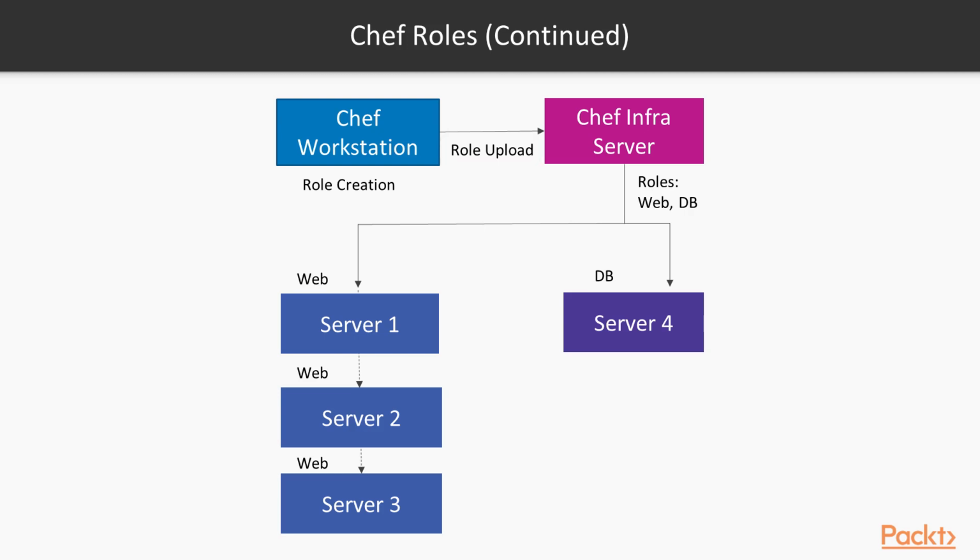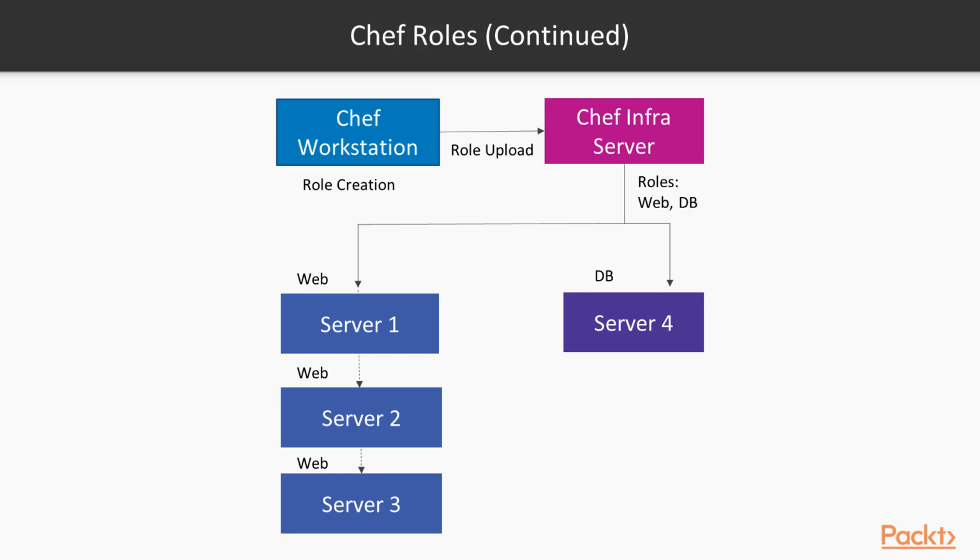Here, for example, I create 2 roles called web and DB, and I assign the run list of cookbooks and recipes on the role level. When Chef client run execution happens, because I have tagged server 1, server 2, server 3 as role web, it would execute Apache and apt cookbooks on each of the servers because of the role assignment. And if I have another server marked as DB, server 4, it will have DB-related cookbooks and recipes which I have assigned to the role of DB executed on it.